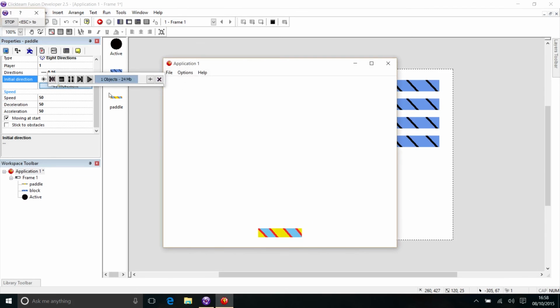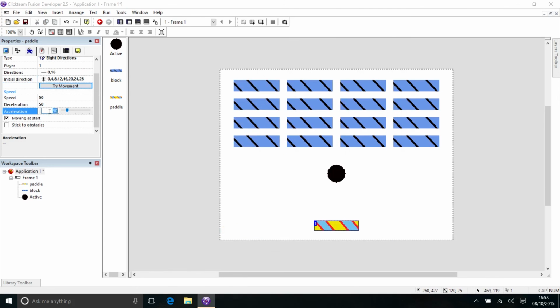So try movement. It might be too slow. Looking at that, that's a reasonable speed. I'm quite happy with that. Looking at the deceleration, if I start over here, hold left and let go, you can see it took a little bit of time to stop, and that's the deceleration. When I press right, it doesn't go straight away, it slowly accelerates, which is quite quick, but you can see it accelerating. If I change the acceleration to 10,